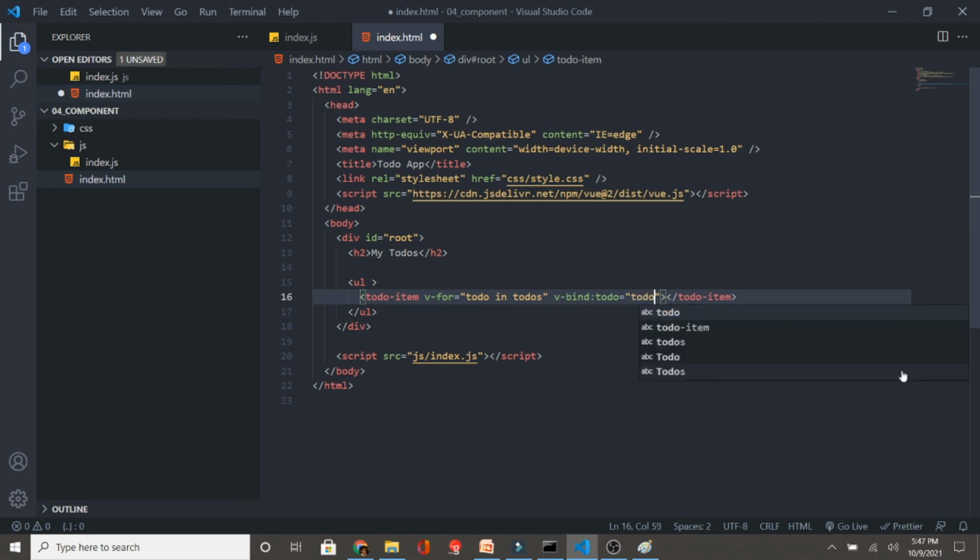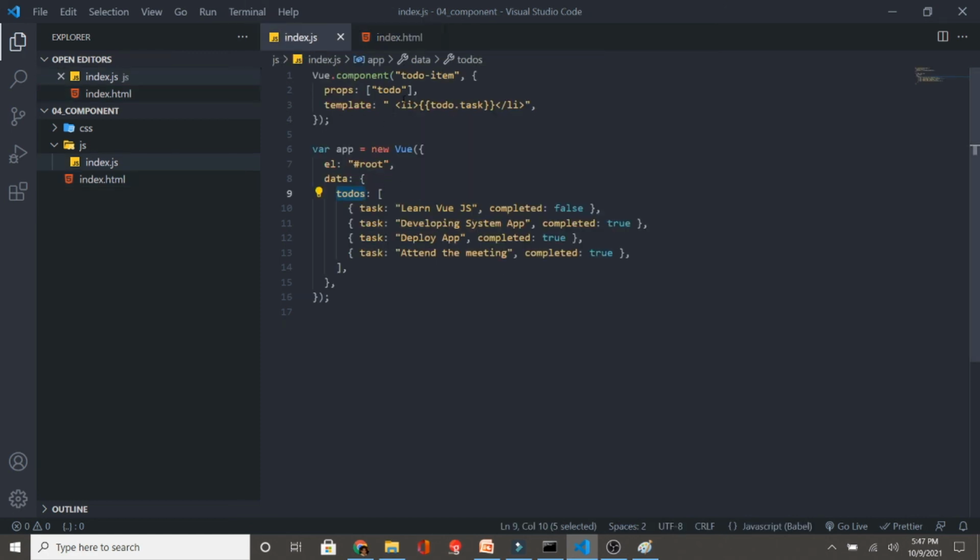So we bind todo equal to todo. This is the data which I'm taking from here, and this is my props, the property. This property I will be accessing in my application. I am accessing it over here. So this is my props value, and from the props I am getting the task.